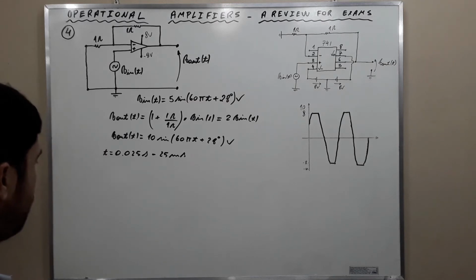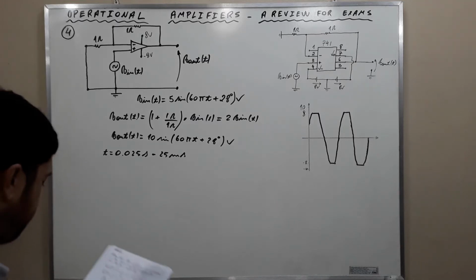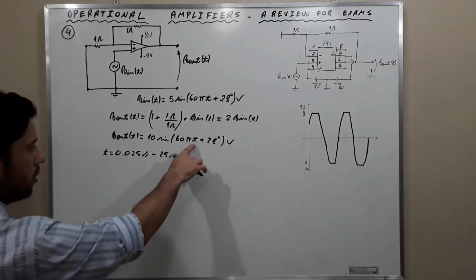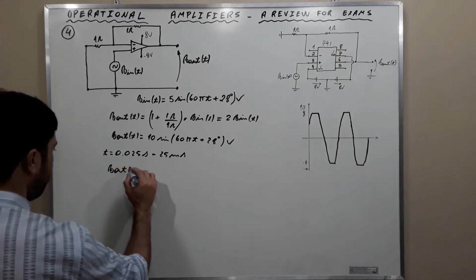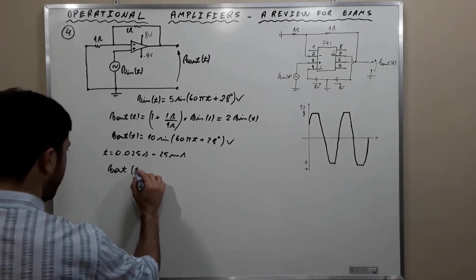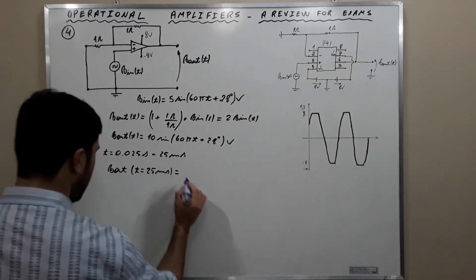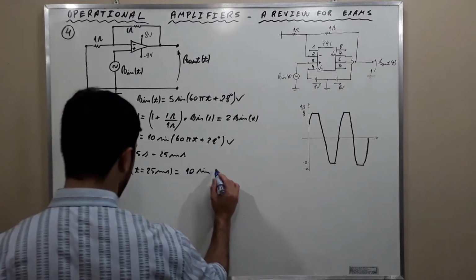At 0.025 seconds, the output voltage will be, let's simply use this value here, okay? V out of t when t is equal to 25 milliseconds is equal to 10 times the sine of